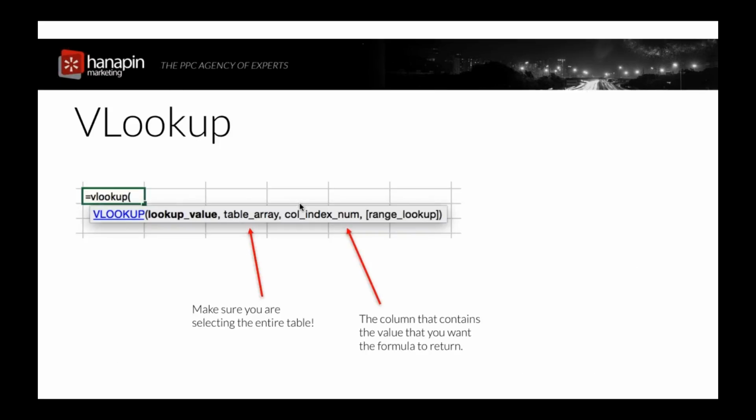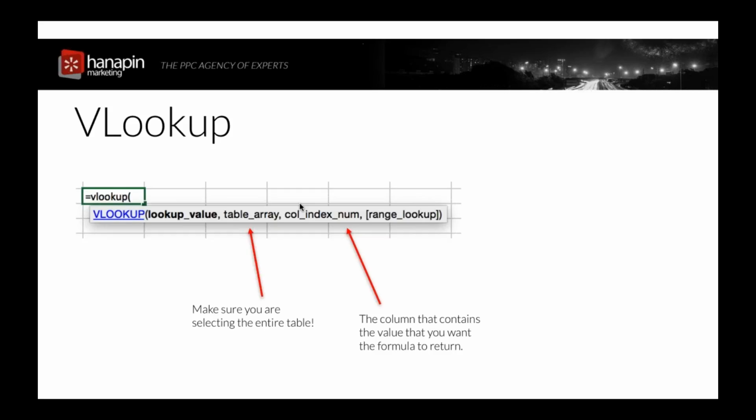So moving on to the VLOOKUP. So here's just a quick snapshot of what this formula looks like. Very popular function in PPC. We use it all the time here in-house. So the common errors here, I have these red arrows pointing to the table array and the column index number